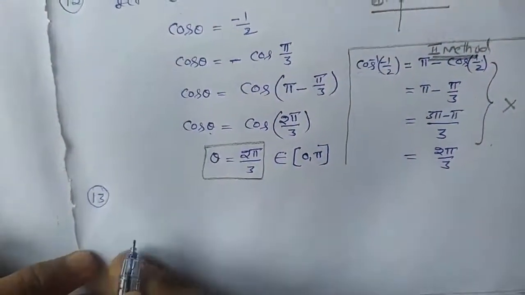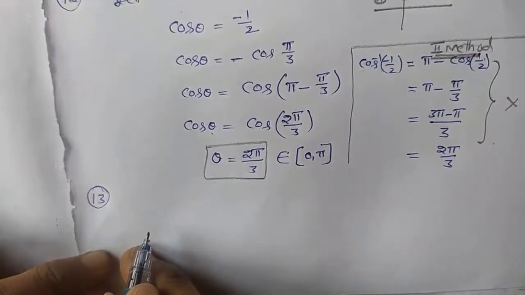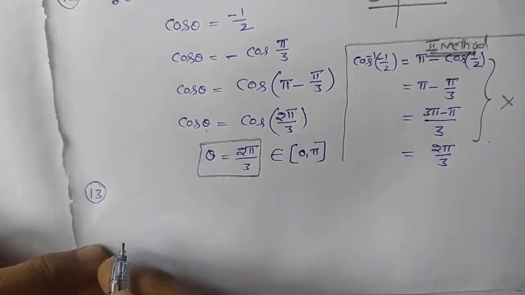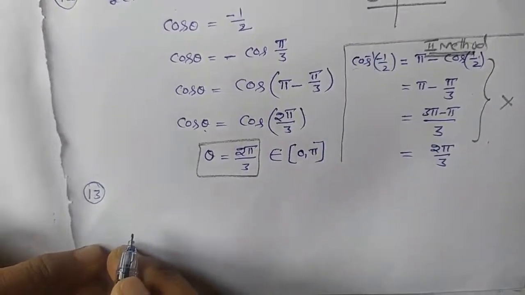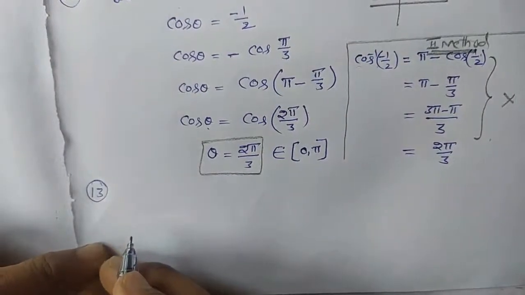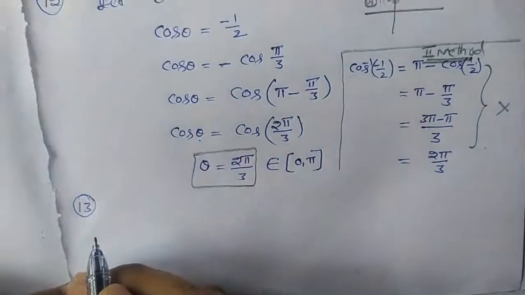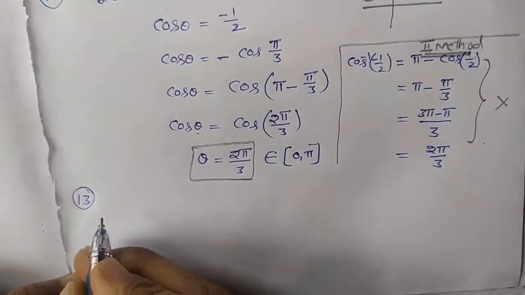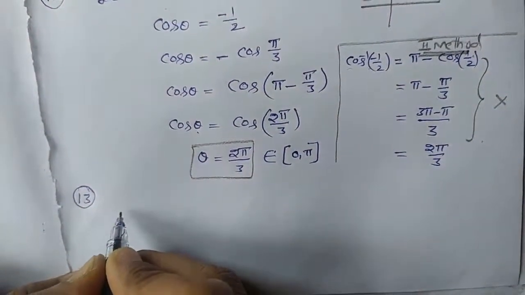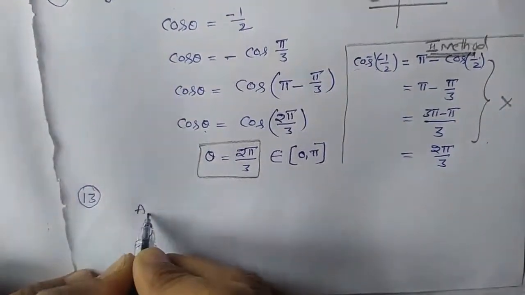If the area of the triangle with vertices 2, minus 6, 5, 4 and k, 4 is 35 square units, find the value of k using the determinant method. Okay, let us find the value of k by using the determinant. First write down the area of a triangle. Area is given as 35 square units. Area equals